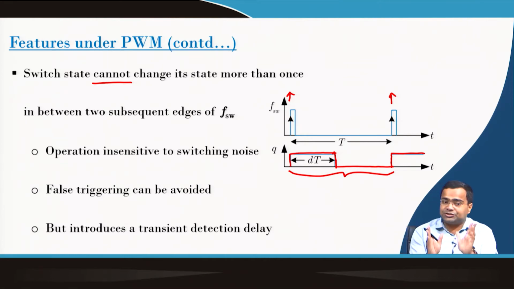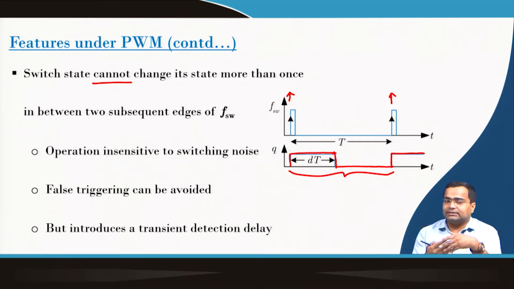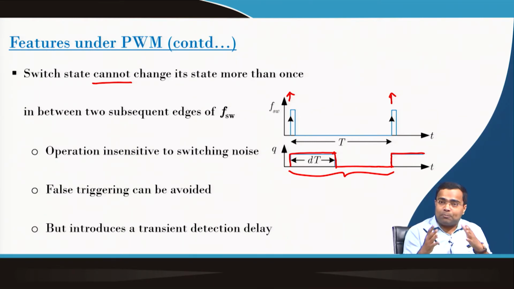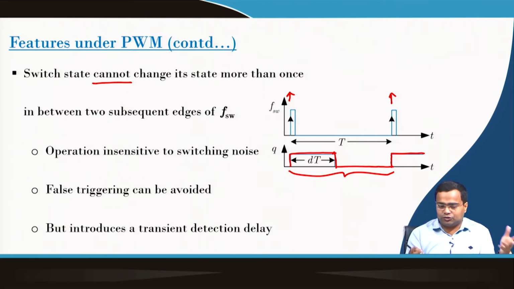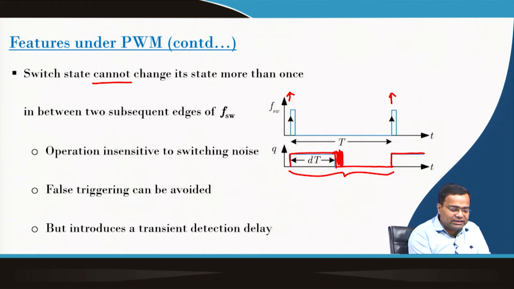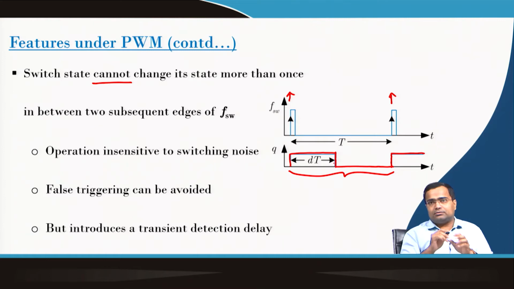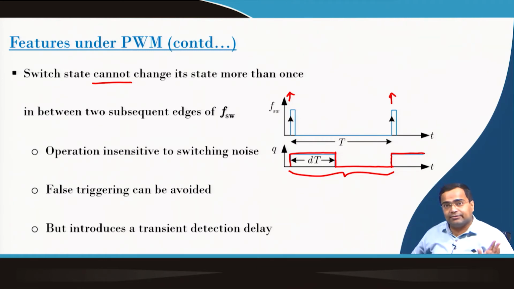If we can make sure it will not change states, then we can make this operation insensitive to switching noise. I will show you in the subsequent slide. We can avoid false triggering. If we have multiple chattering kind of behavior, that we do not want. But because once it turns off, we keep it off throughout the rest of the interval,